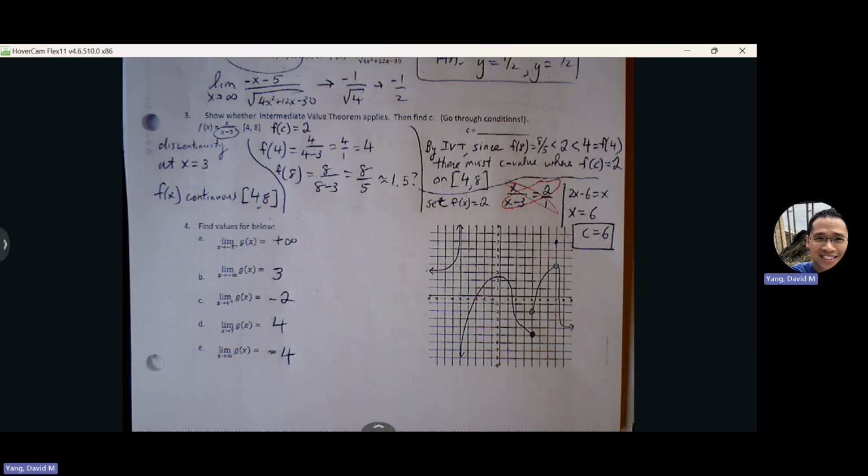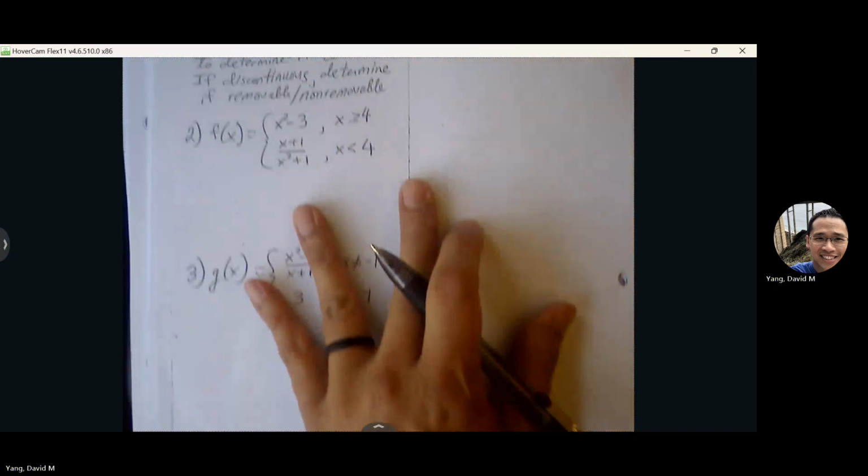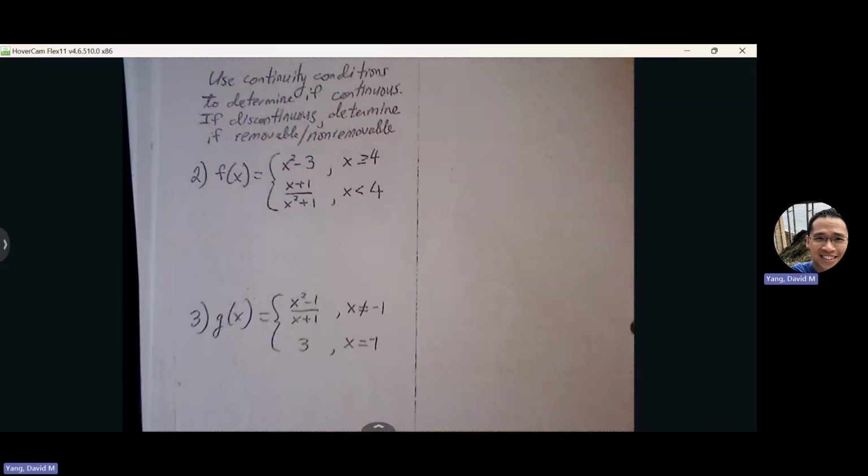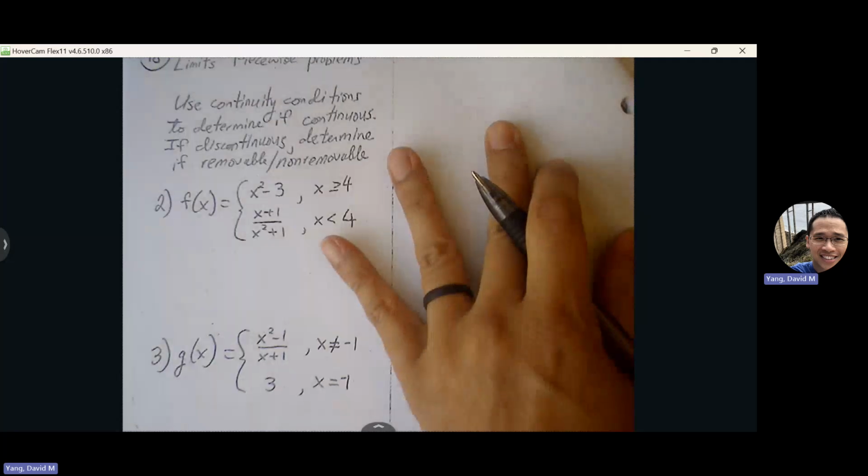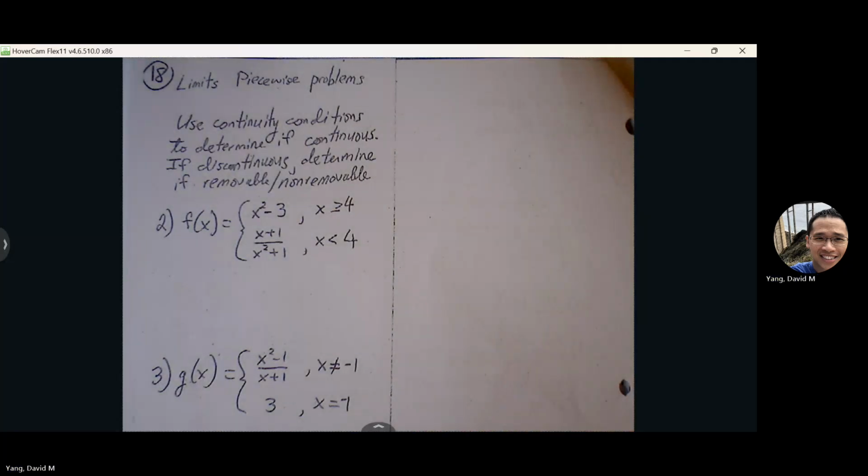Let's go to page 18 and let's just do more continuity conditions here. So page 18. Okay, go through your continuity conditions. Try number 2, 3. And then the key is on 19. You can check your progress once you've